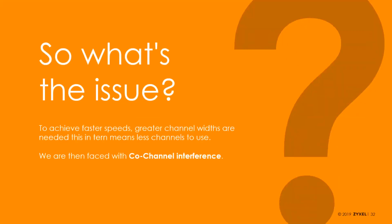I talked about it a lot before, which was co-channel interference. This is a quick reminder. When it comes to Wi-Fi, only one device can transmit at a time. If 2 or more devices are transmitting at the same time, it normally cancels itself out and results in what